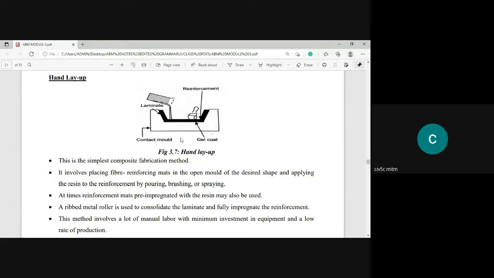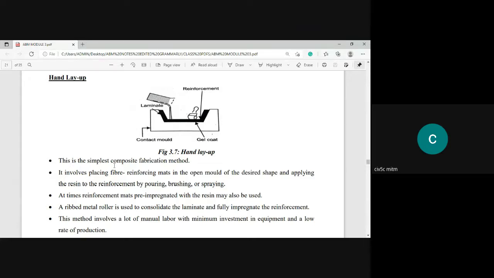You can see from the figure, this is the dispensing, I'm dispensing the resin, and this is a mold. Later on you can see here, I'm pouring the resin, and also putting the reinforcement. After putting the resin and reinforcement, you can see the black colored thing, which is a laminate that has been prepared. After preparing this laminate, you can see this is the metal roller which I'm going to roll over it. So these are the steps I'm going to show. Let me discuss that.